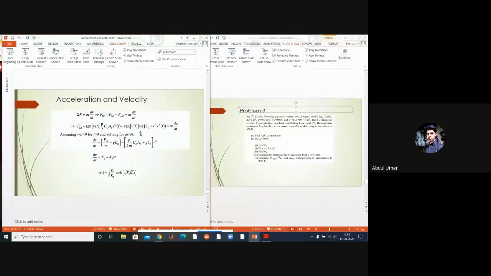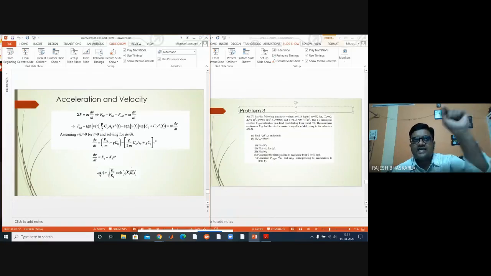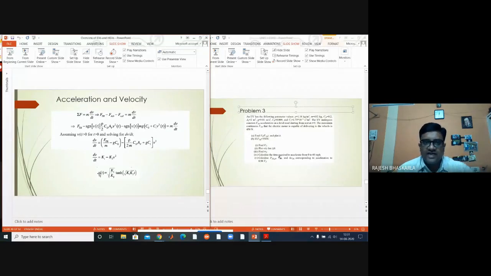Small v is velocity. Here there is small v of t, right? So generally, when do we use small letters and when do we use capital letters? Please remember, small letters are used for instantaneous values. If I want to find the value of velocity at 3 seconds, then we write small t. And when we write capital V, it may be an average value or an RMS value. So V(t) represents the whole expression and small v represents the instantaneous value.